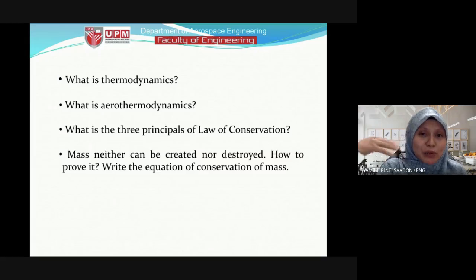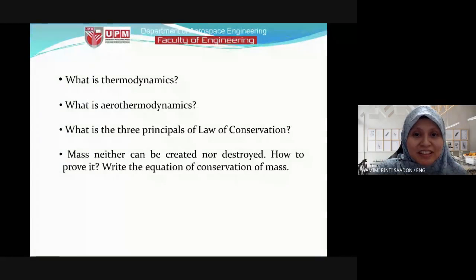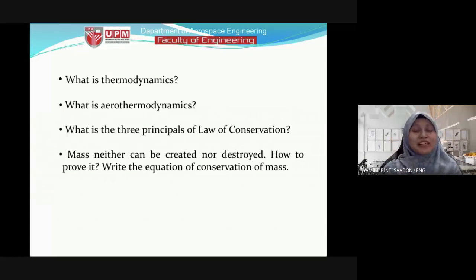Actually, for the new curriculum, like I mentioned in numerical class, right now we are preparing a new curriculum. Mengganggu lah yang masuk lambat. For the new curriculum, we have taken out this aerothermodynamics subject. We choose to use the faculty or mechanical common course, thermodynamics. The content of aerothermodynamics and thermodynamics is more or less the same, just that there's one part